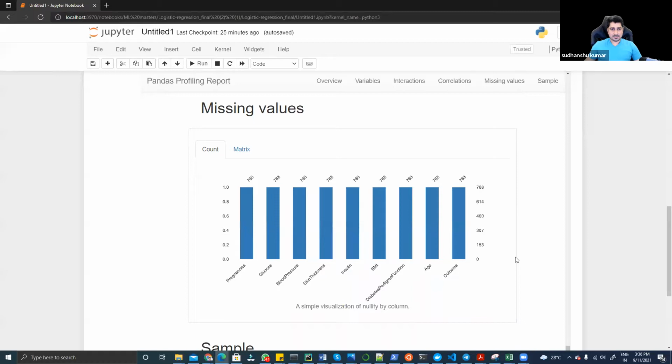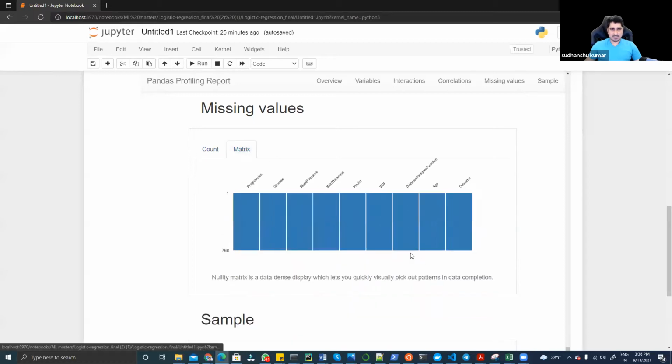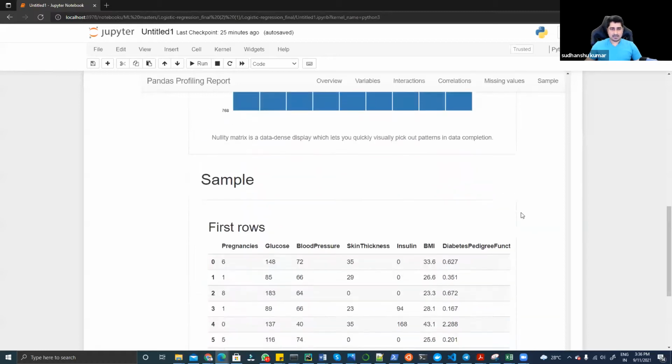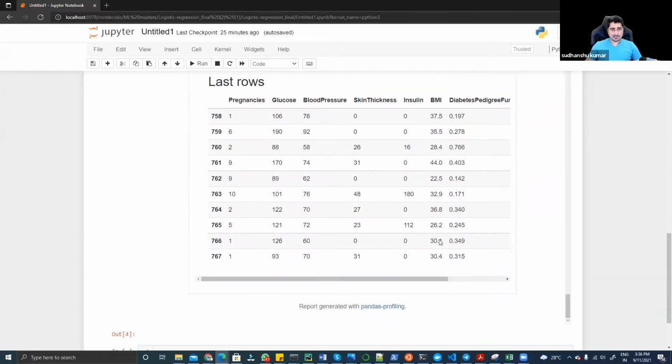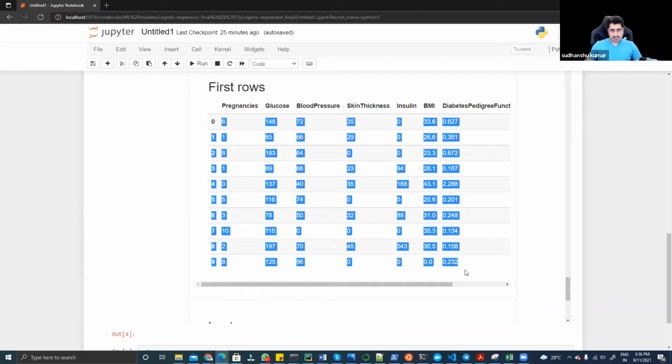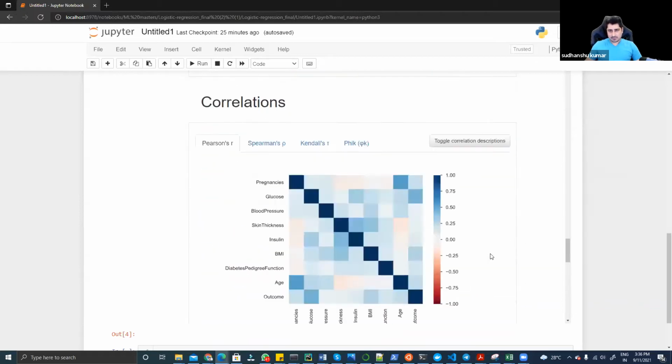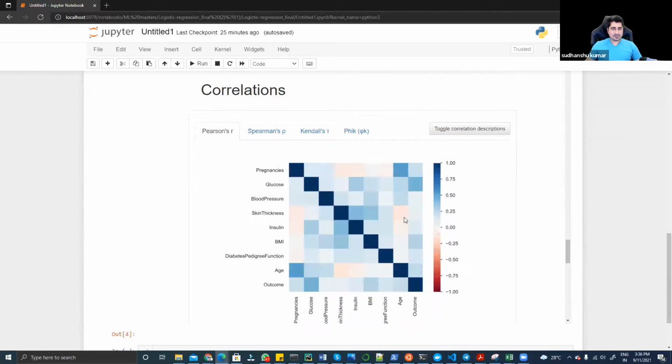So yes, correlation reports, we are able to get missing value wise. There are no missing values that we have. It's completely fine. This is the sample data set that we are able to get. So maybe head reports and tail reports we are able to get. So according to our very first observations, we are able to figure out that,